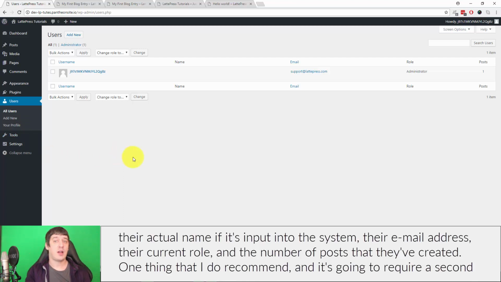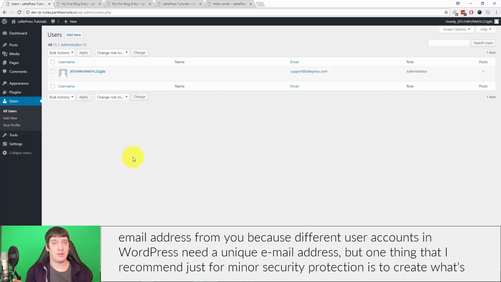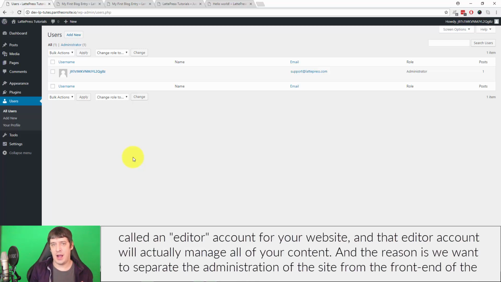Now, one thing that I do recommend, and it's going to require a second email address from you, because different user accounts in WordPress need a unique email address. But one thing that I recommend, just for a minor security protection, is to create what's called an editor account for your website, and that editor account will actually manage all of your content. And the reason is we want to kind of separate the administration of the site from the front end of